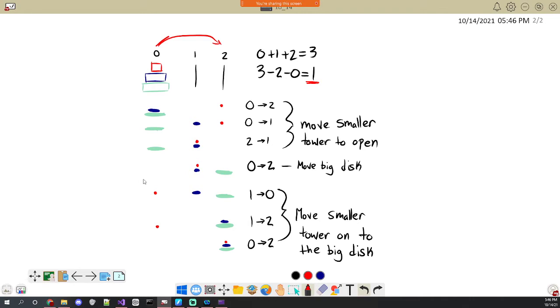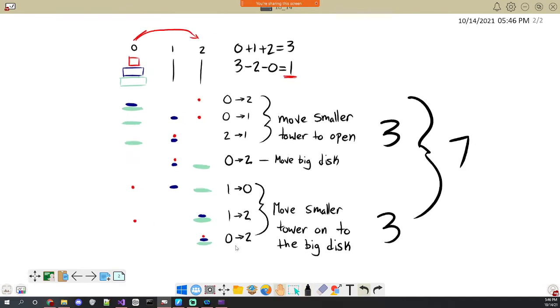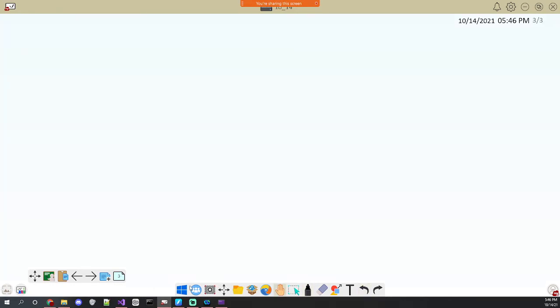So first things first, you might notice that this is 3 moves, and this was solving the problem of 2, and this one was also 3 moves, and that was solving the problem of moving a tower of size 2, and then our whole problem was size 3. So it took 7 moves to be able to solve something of size 3. You can kind of see here, if we have n many disks, let's just say,